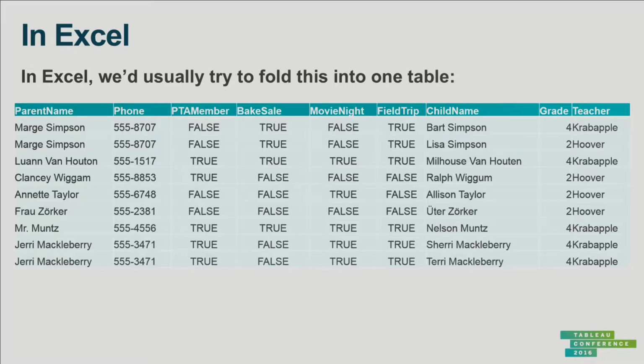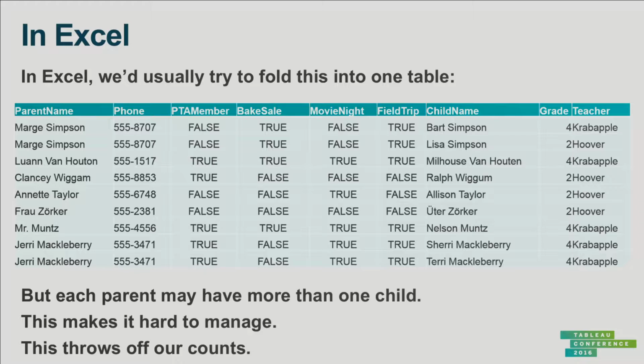Now, that's not bad, right? Except, well, all right. This does make it hard to manage. How did I get this information? The parent came and they typed in a form, and we recorded a row. Do we make Marge fill out 2 forms? That's kind of unfortunate. Maybe we could just have her fill this out once and then duplicate it once for each child and put it in here.